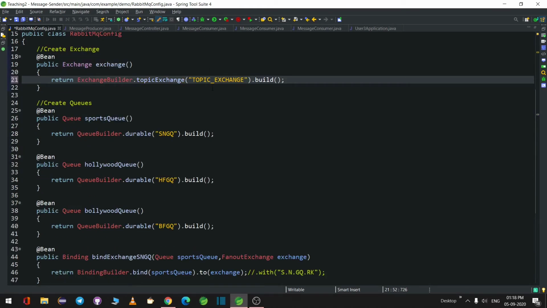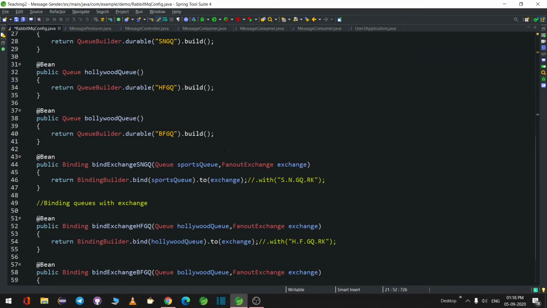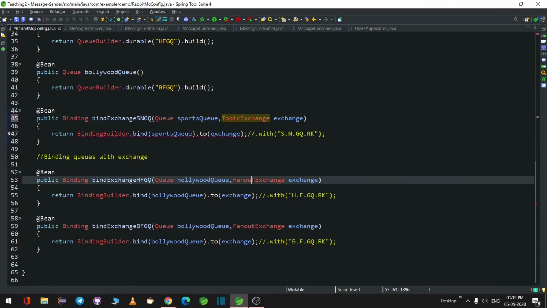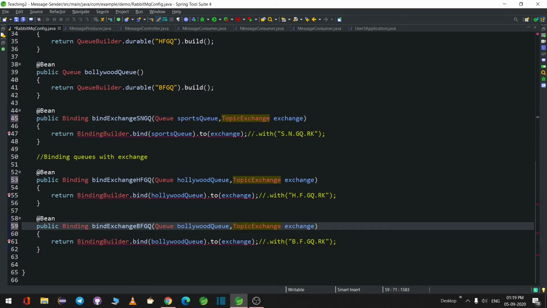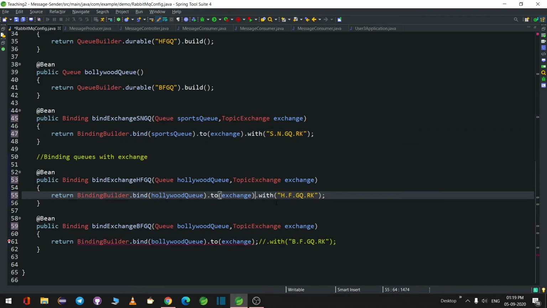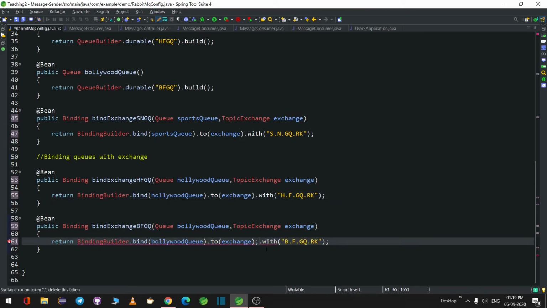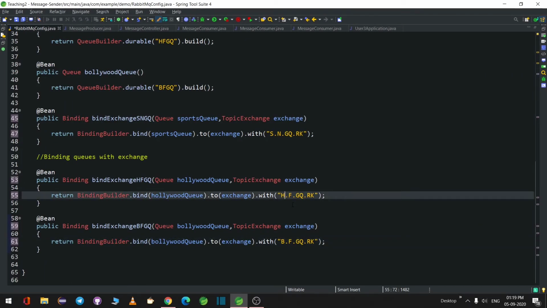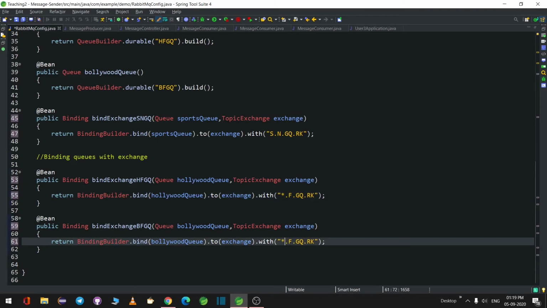So now topic is changed. So let us go back and change the topic exchange. Everywhere we have to change topic exchange. Topic exchange basically needs the routing key, so we'll uncomment the routing keys. So basically I have explained here. Routing keys will change to patterns. I'll change one pattern to star, and I'll change the other pattern to star dot star.